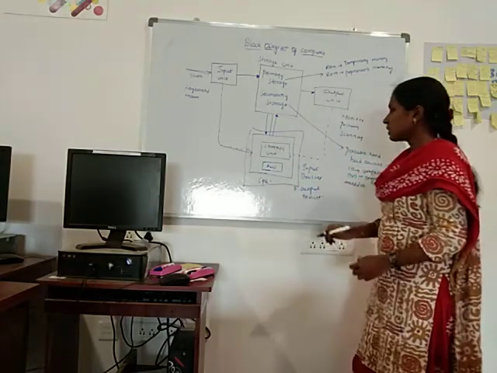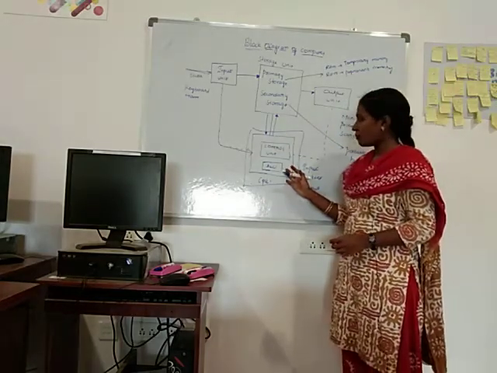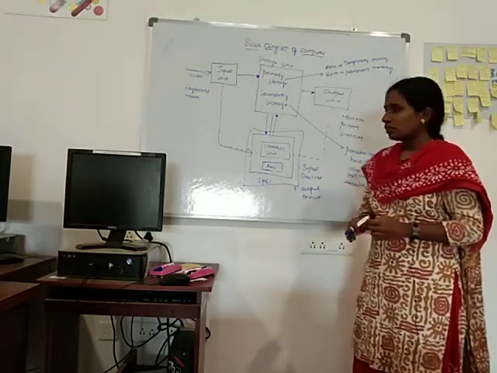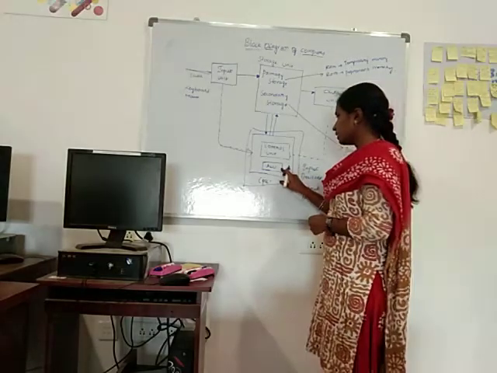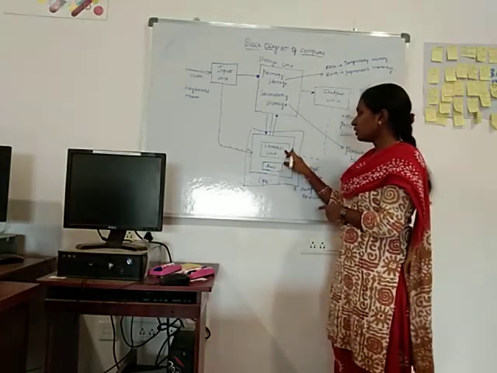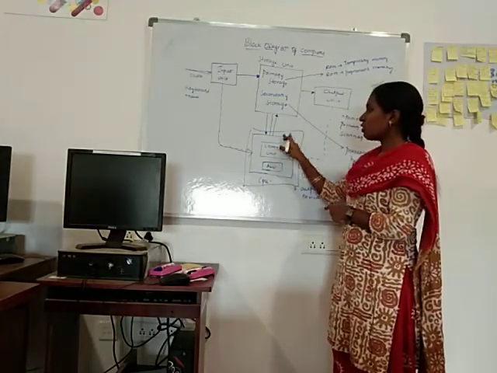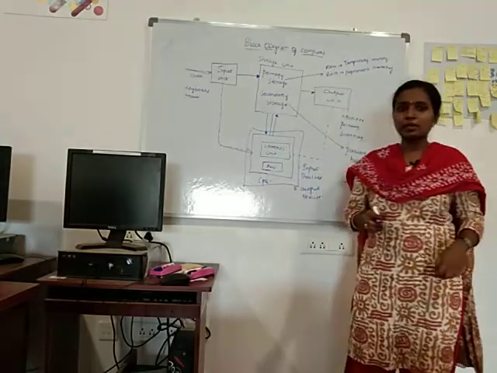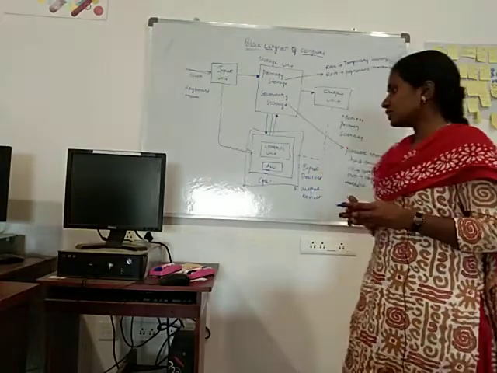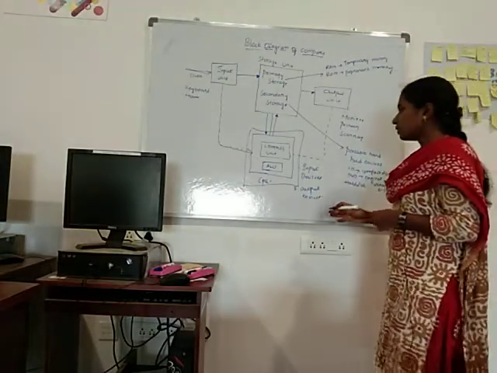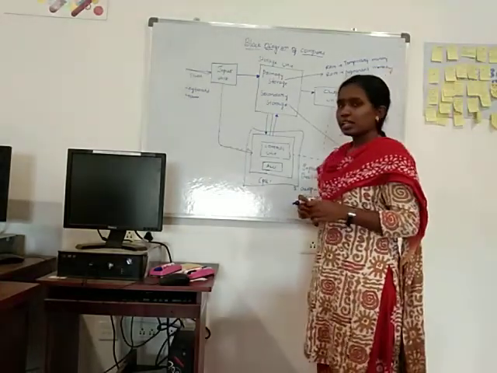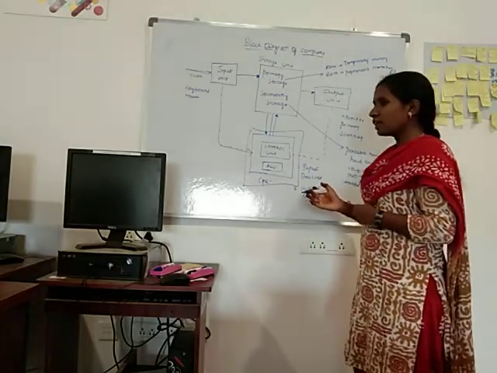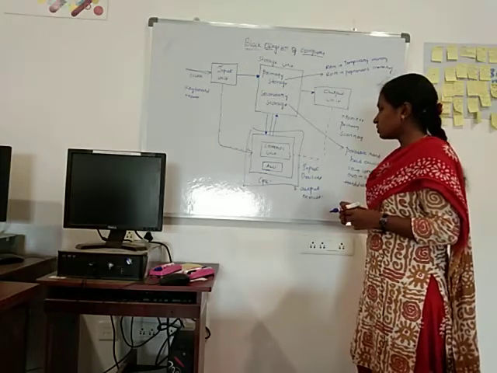The CPU consists of two main parts, ALU and control unit. ALU stands for arithmetic logical unit. The control unit controls all the signals in the computer, and the ALU will calculate both the arithmetic and logical calculations in a computer. Arithmetic and logical calculations means it will calculate both numerical and non-numerical calculations.